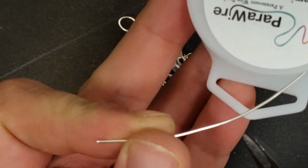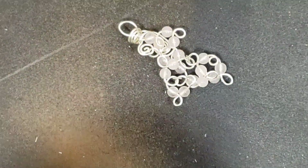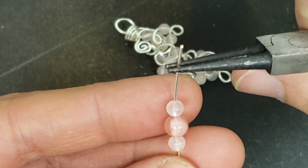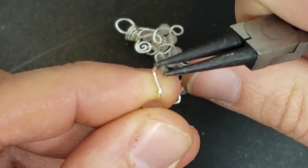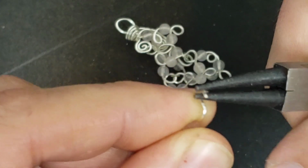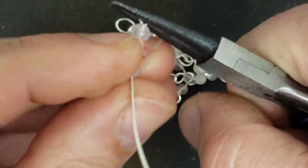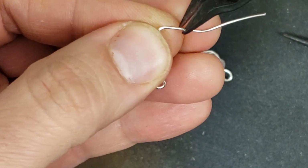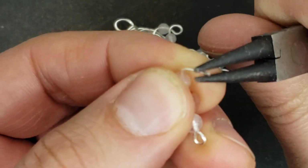To make each dangly little one, we're just gonna take a little bit of wire, 2 inches, 4 centimeters. I'm gonna go small, big, small. And then we'll get about a 1/2 inch here, or 1 centimeter. We'll roll it, turn it in a right angle, and then roll it backwards, like that. Get a nice loop, press them up against the loop, flip it over, do a right angle this way, cut it just enough, just like before, just enough to do another loop, roll it back,